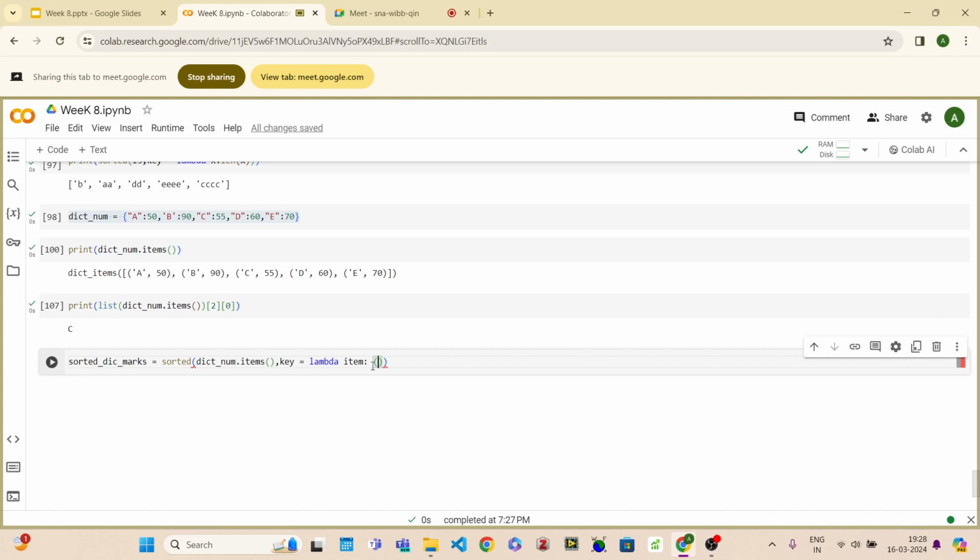Now what we are doing, we are applying the minus sign, and this minus sign is indicating that take the greatest number. Then if that is not the case, then go for the alphabetical order, and that is done by item 0. Now, once I run this,